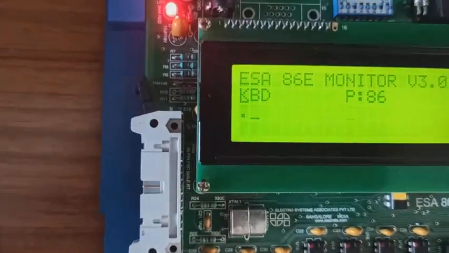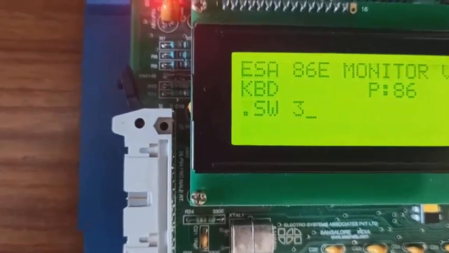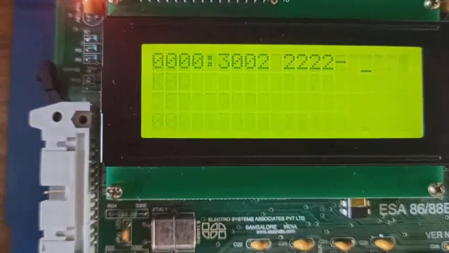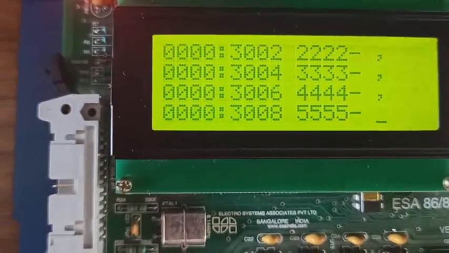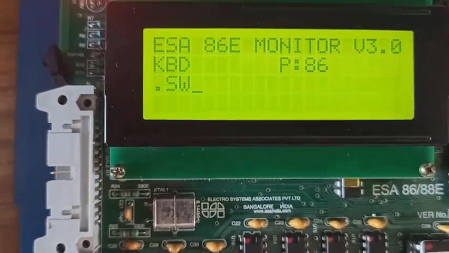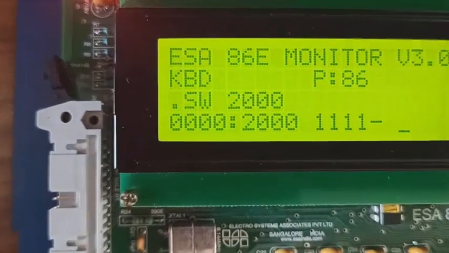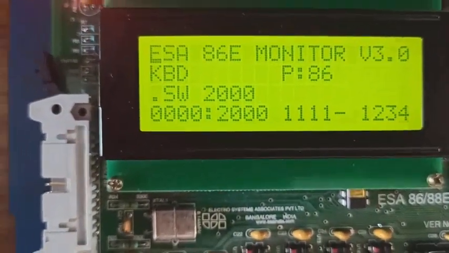Now for giving input, we have to go for word input, SW 3000. Here I have taken a word string of 1111, 2222, 3333 and 4444. For giving data to be scanned in the 2000 memory location, I am giving 1 2 3 4.